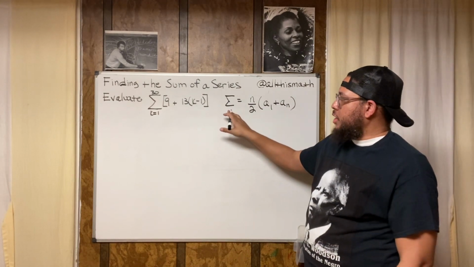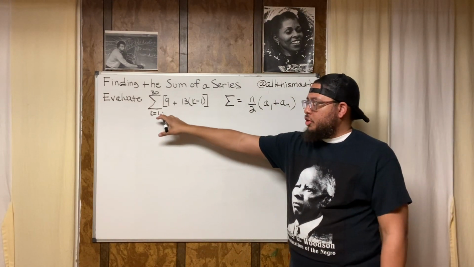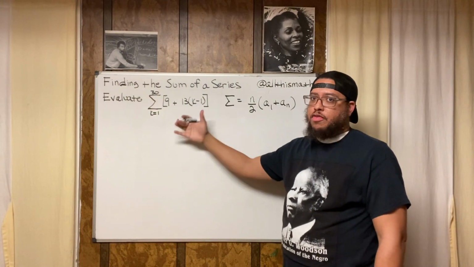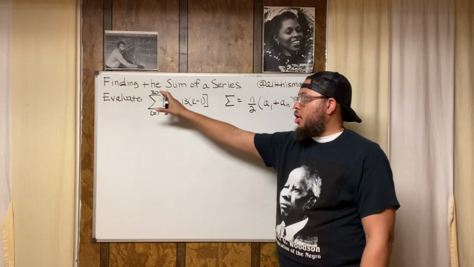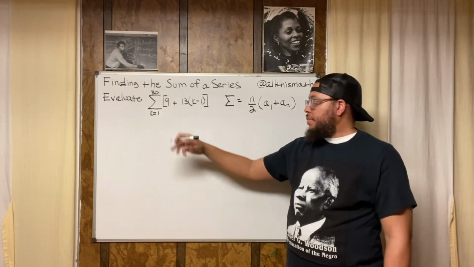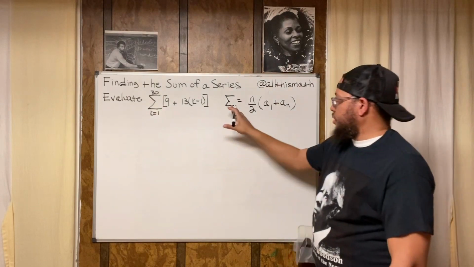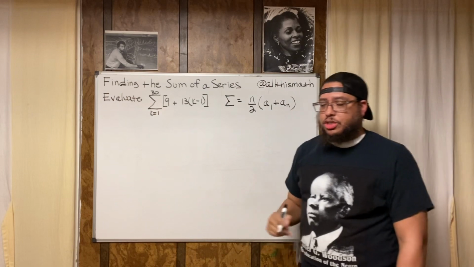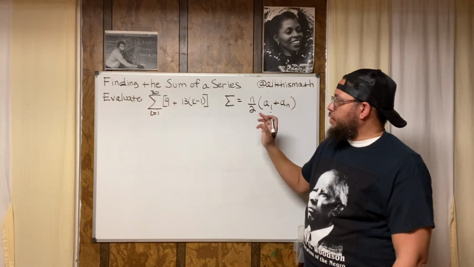This represents the sum of all the numbers from when you plug 1 in, when you plug 2 in, 3, 4, 5, 6, 7, and so on, all the way up to 30, and then you add up all those numbers to get a sum, right? That's what all this represents. And that's what this represents also. N is the number of numbers that you're going to have, right? The number of numbers that you would have.